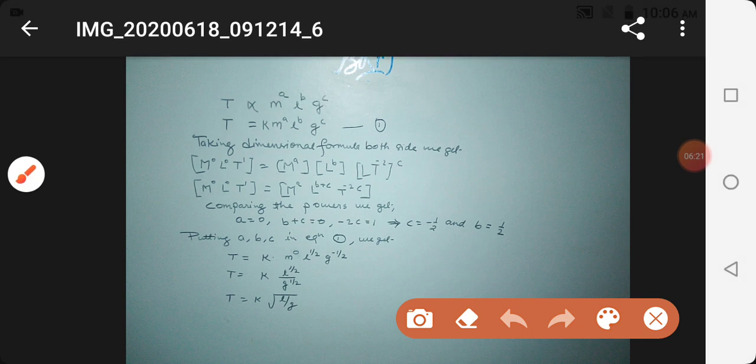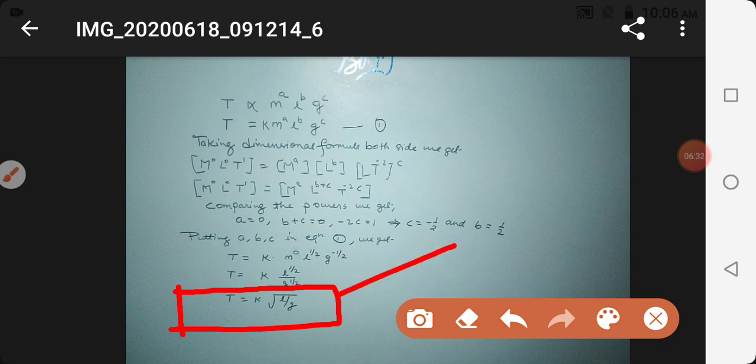Now if you are calculating in terms of dimensional formulae, your result is this one and it is complete. You will get full marks if you solve or derive the expression till this point, because you are finding it in terms of dimensional formulae, and we know that K is a dimensionless numerical value or constant, and therefore there is no need to write dimensional terms for K because K has no dimensional formula.